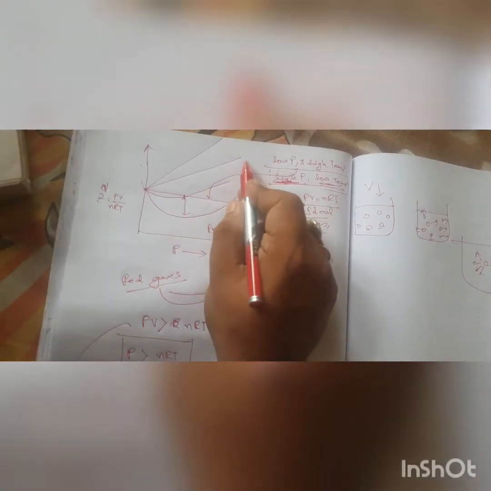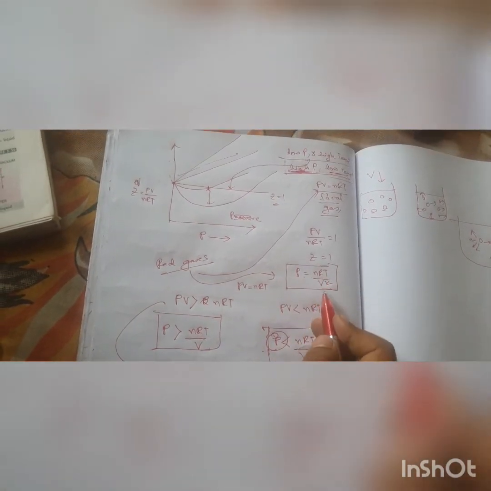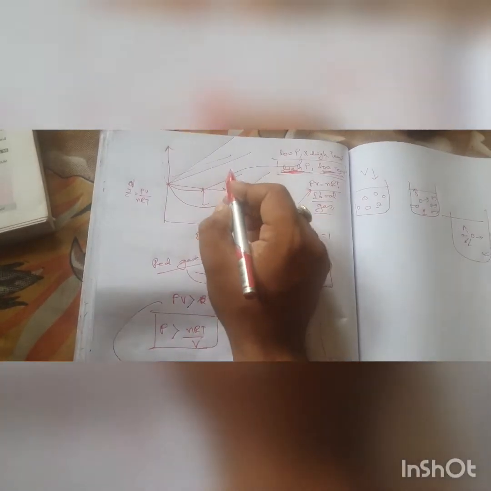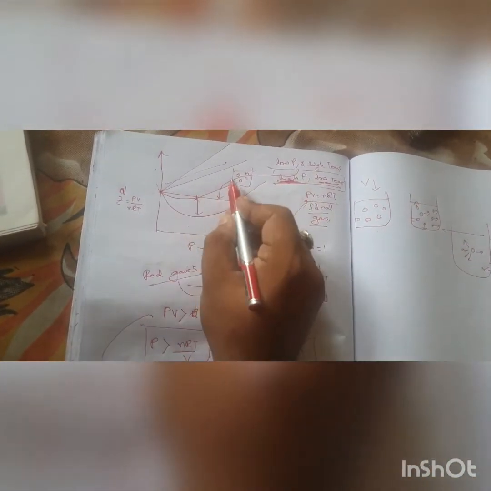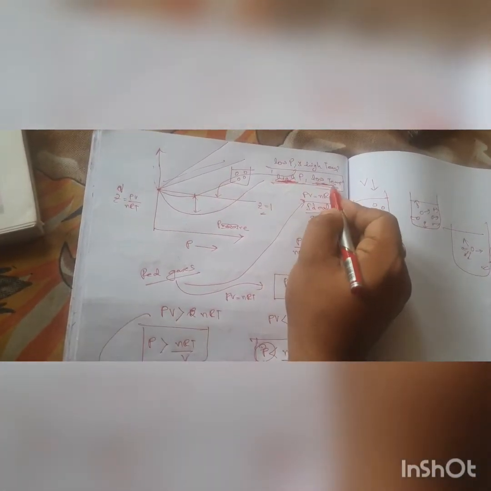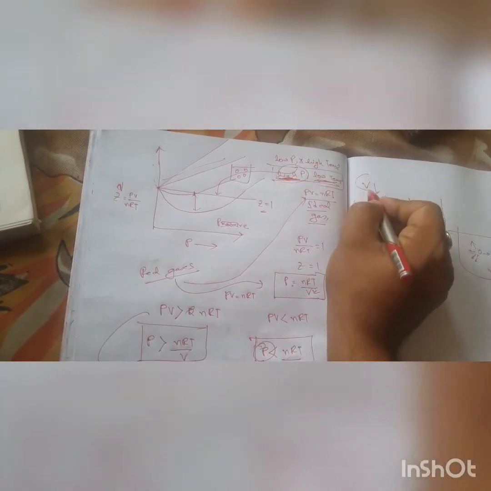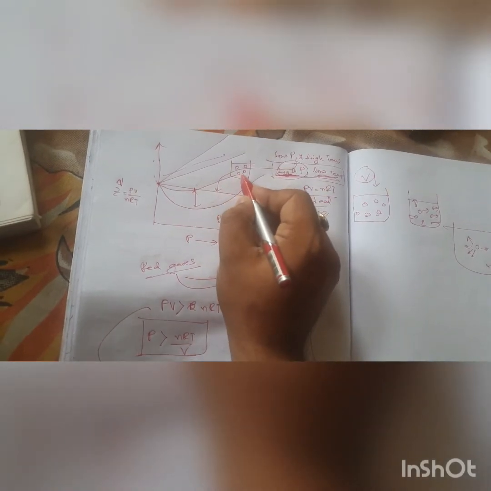And when there is a positive deviation, I can understand it this way: the pressure has become a little bit greater than whatever it should have been, equal to nRT by V. So you can think of it this way, that it must be the effect of the volumes of the bigger molecules, because these deviations are only shown at high pressure and low temperature, and at high pressure where the volume is less, the effect of pressure must have increased.